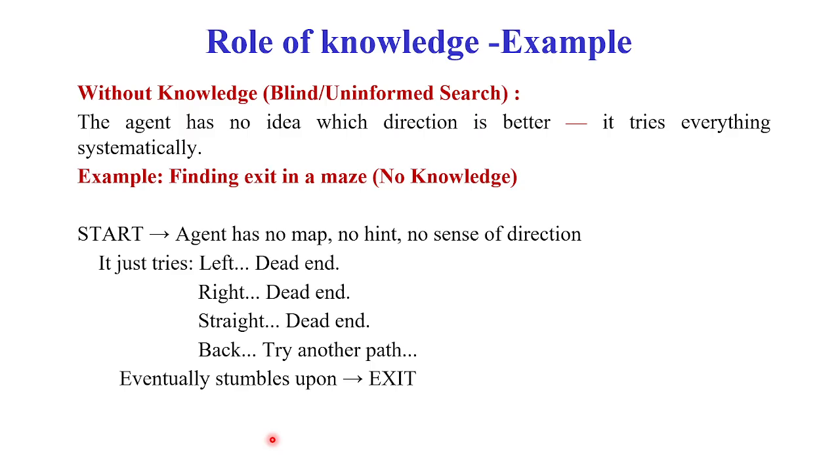The agent has no idea which direction is better. Already I talked about this maze game, right, at the beginning. So what will the agent do? It will start, no map, no hint, no sense of direction. How will it try? It will go to left, dead end. It will try right, dead end. It will go straight, dead end. So like this, it will try and search